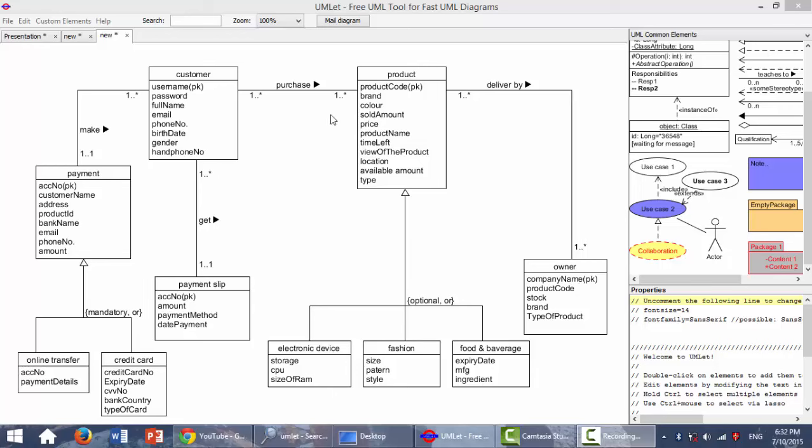For the relationship, customer have a relationship with product which is purchased. So, minimum one customer can buy or purchase minimum one to many product. Product also have a relationship with owner which is delivered by. Minimum one product can be delivered by minimum one and maximum many owner because the product have brand, so each